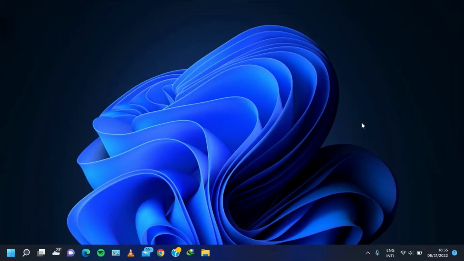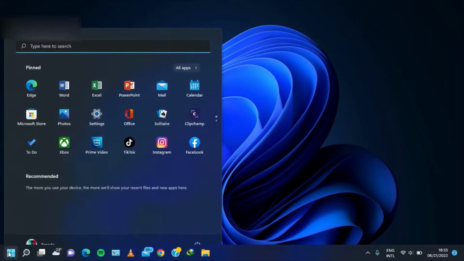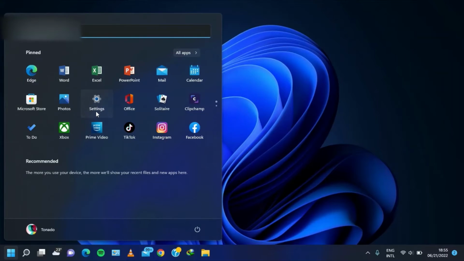Today I'll be showing you how to scan for viruses on your Windows 11 system. Scanning for viruses helps identify threats within your system and presents you with a variety of options that can help you eliminate them. To scan for viruses, first click on the Start icon, then choose Settings,